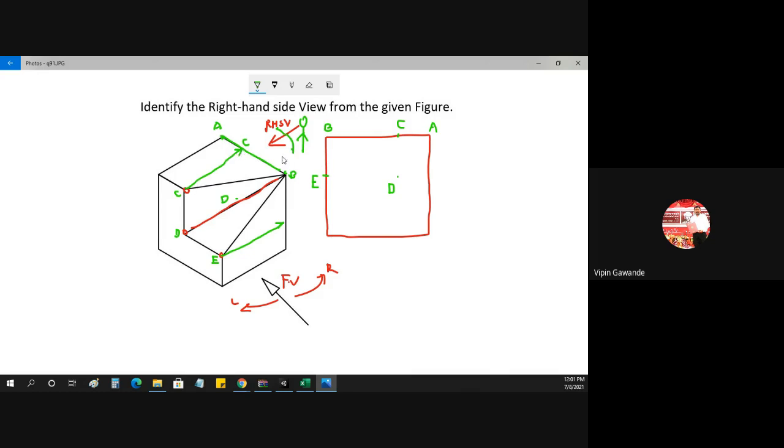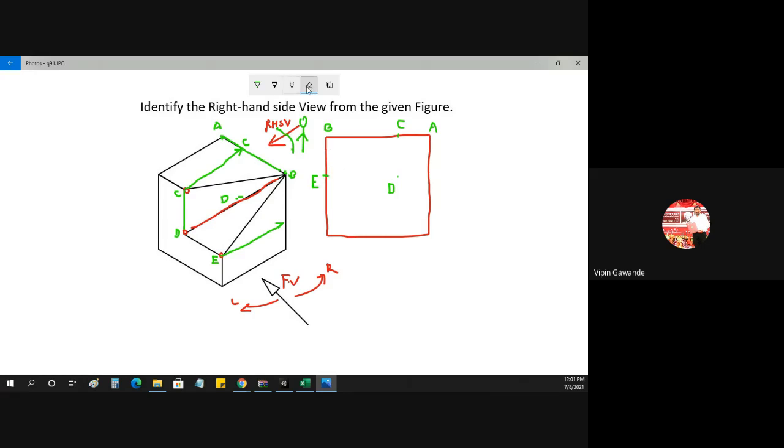C point goes on the AB line. Then D point goes below C, because a vertical distance is there, so you have to take some vertical distance here. Then we have this BD line, which we have not drawn yet. Then we have this BE line, which is already there.